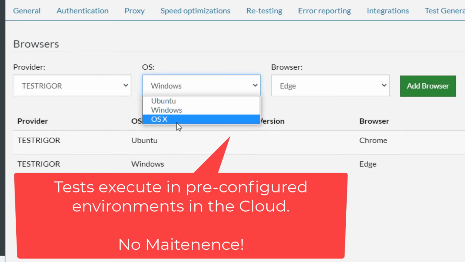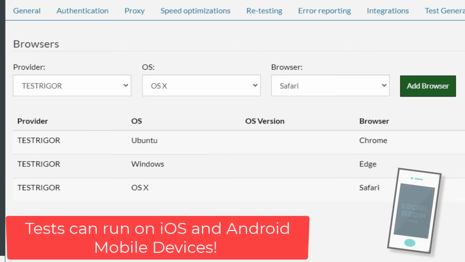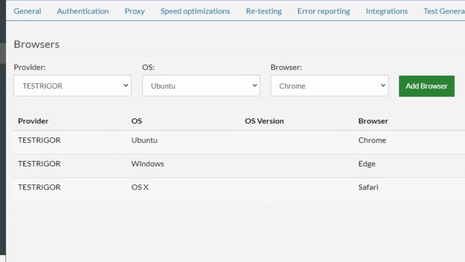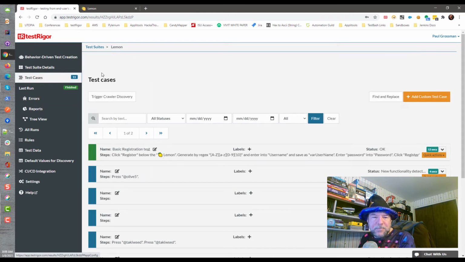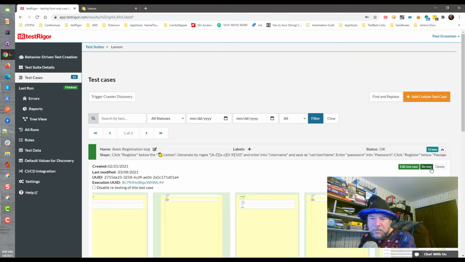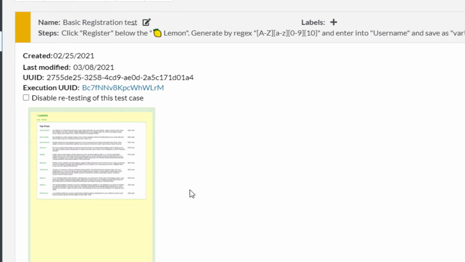And then we're going to go and add, well, let's add a Mac, and let's go run it under Safari. And we'll add that browser. So I've got 3 different browsers, 3 different operating systems, and we're going to go right back over to our Lemon website, and we're going to go and run that test one more time. So here we go. We'll go down here, and we'll hit retest,